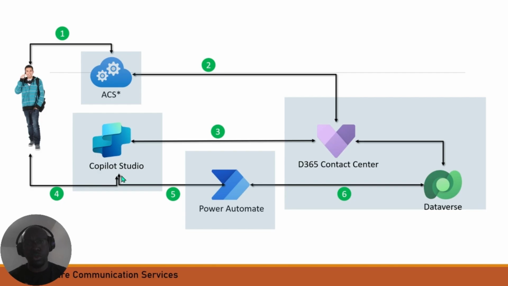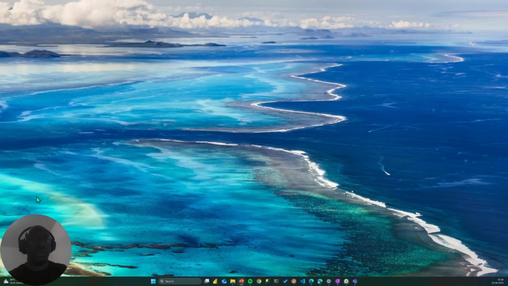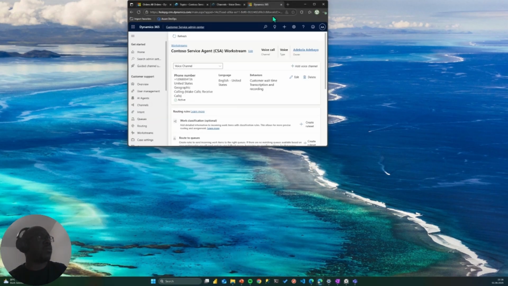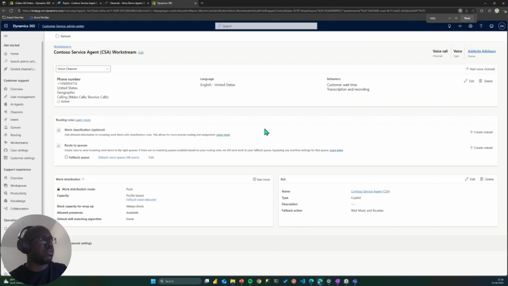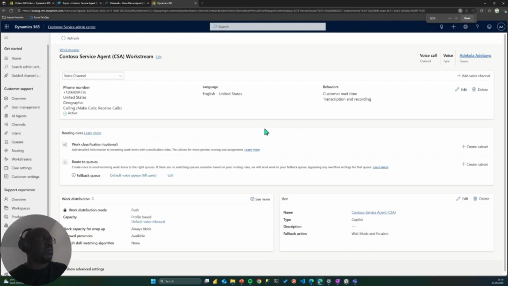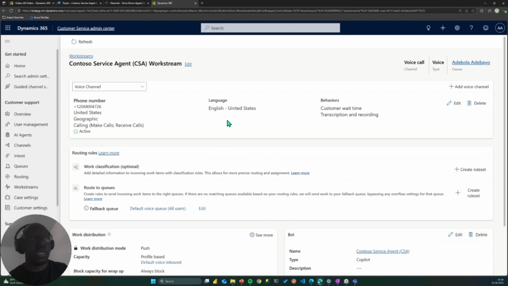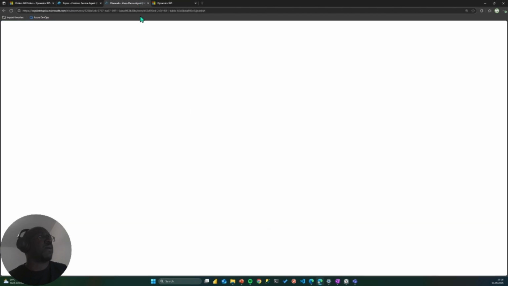Now let's see how you can set up this particular solution for yourself. So I'm gonna move this over here and we're going to see how to set up something similar to that. Okay, so let me zoom this in a little so we can see much better. I hope the zoom level is, let's do that one more time. Yeah, this looks much better. All right, so